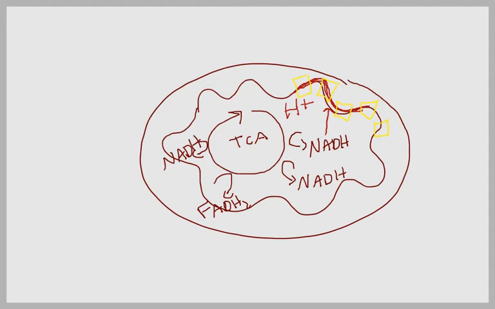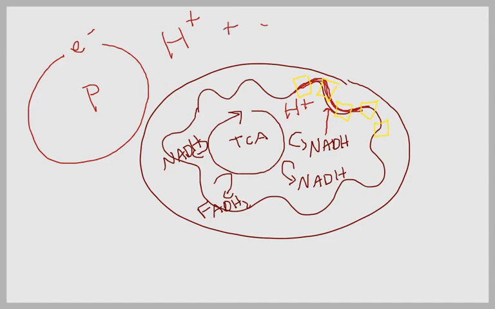If we remember, the hydrogen is made up of 1 proton in the middle and 1 electron in the outer electron shell. And so if that splits, we end up with a hydrogen proton, and we also end up with an electron. The electron will be released, and the electron will be carried from one cytochrome to the next until it gets to the second to last cytochrome, and at this point it will be released as energy into the matrix of the mitochondria. The energy that it carries will be used to bind a hydrogen